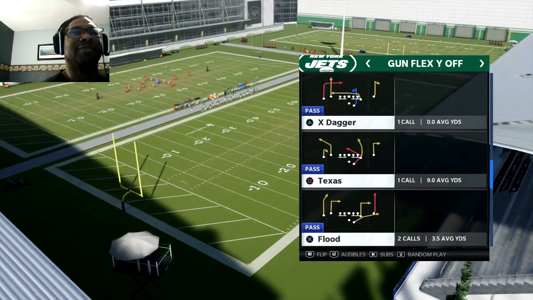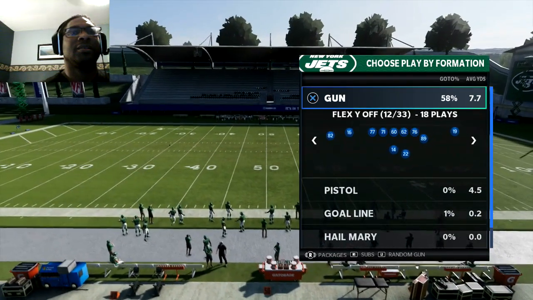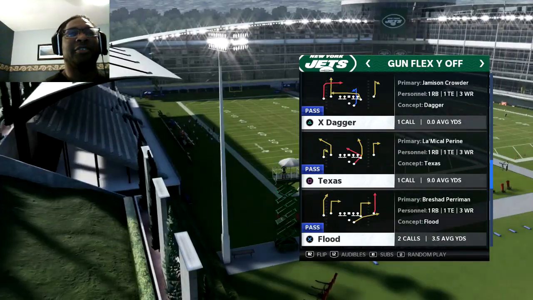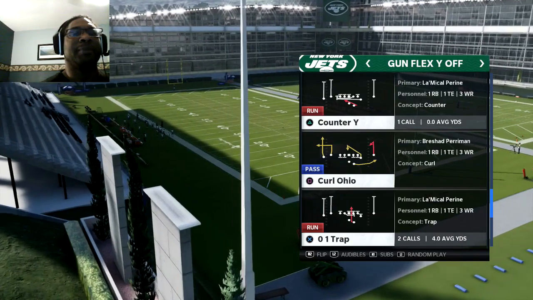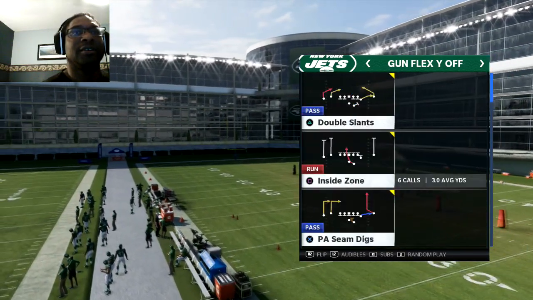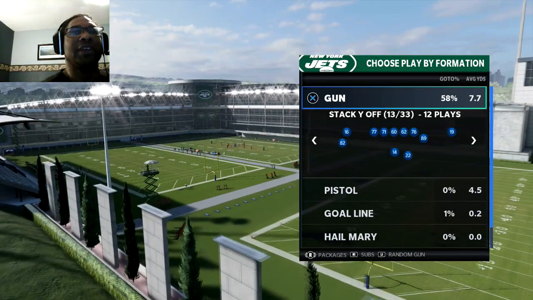Y offset, not really very useful. I tend to ignore those auto motion plays. Dagger, that tight end has a tendency to slam into the tackle. Texas and flood are okay, but not as good, I feel, or doesn't release as smoothly as the gun doubles version. 0-1 trap is obviously very good, but this is not a really good formation at all. Kind of a wasted formation,